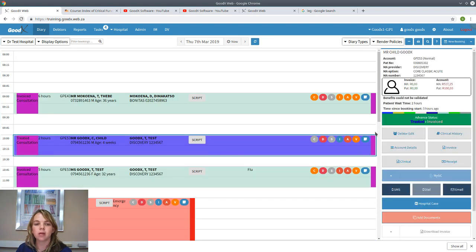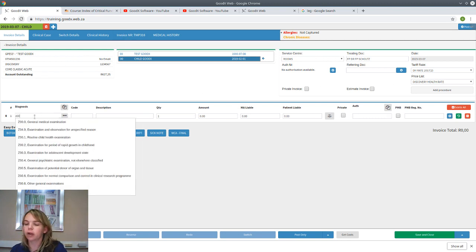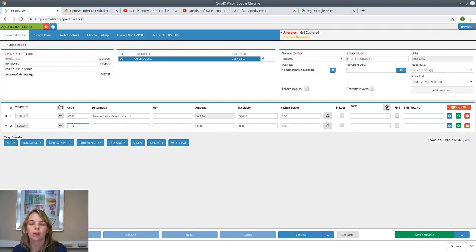Okay, so there it is, treated. So the next step is invoiced, and we're going to say invoice. Now from here we're going to save an estimate. Everything is correct. We're going to type in the diagnosis code or codes. We're going to put in a consultation fee, for example. We're going to say plus and saying